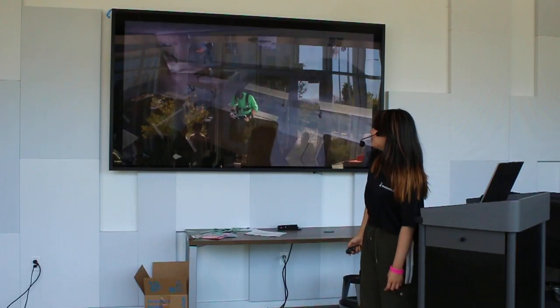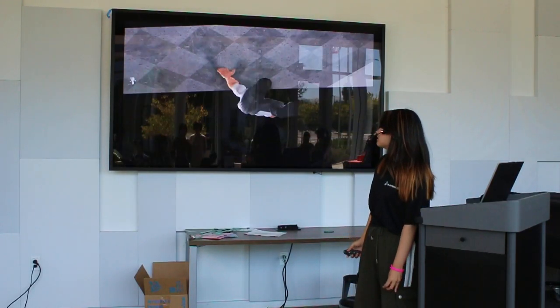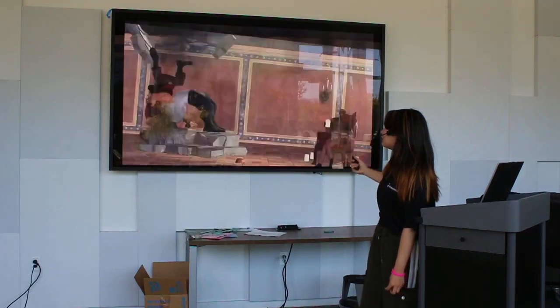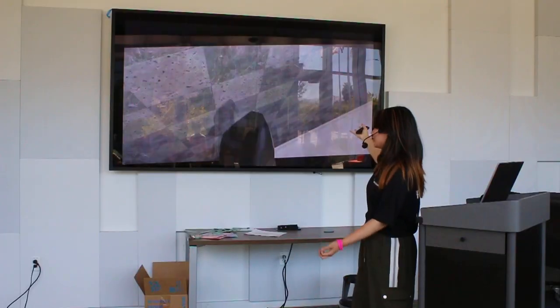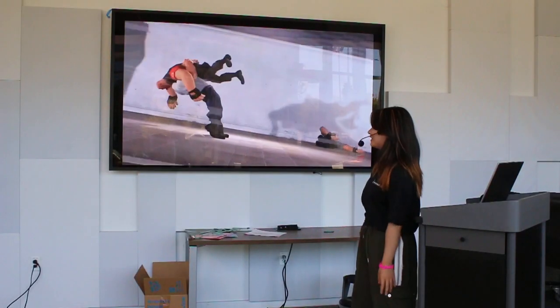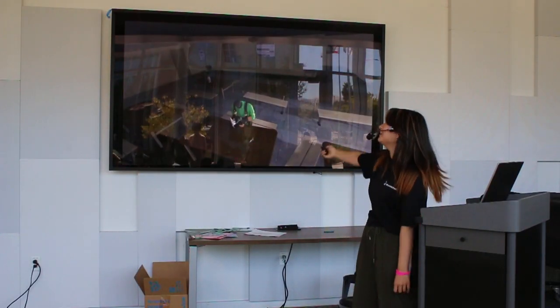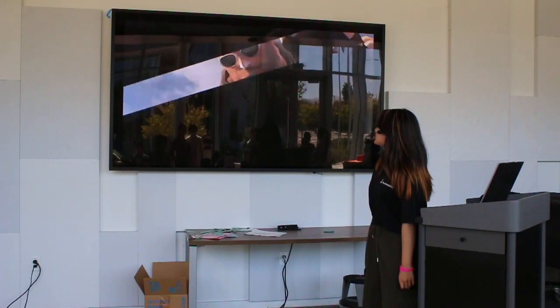Second is this scene where they're fighting, and as you can see, this one character is literally breaking through the aspect ratios into the different, it's shown as the buildings, and you can see them breaking through the ratios, which is a pretty cool representation. And lastly is this scene where one character